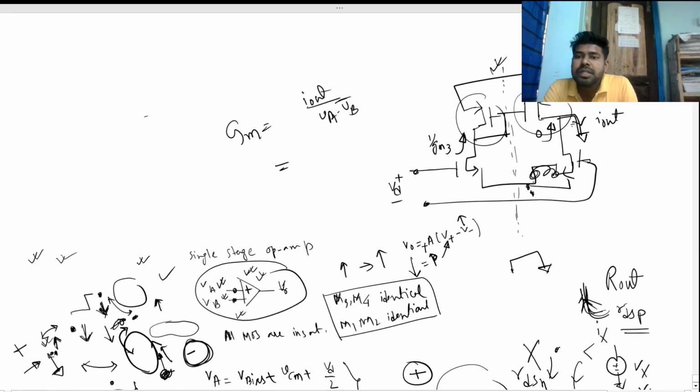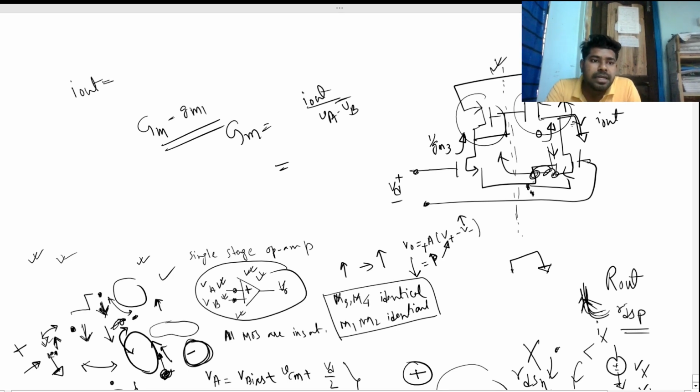So we know the overall GM is nothing but GM. From where do we come to this conclusion? Basically, if there is a current and we neglect the RDS to find the overall GM, right? This current is flowing in this path, and this current is also flowing in this path. So the total I out will be nothing but